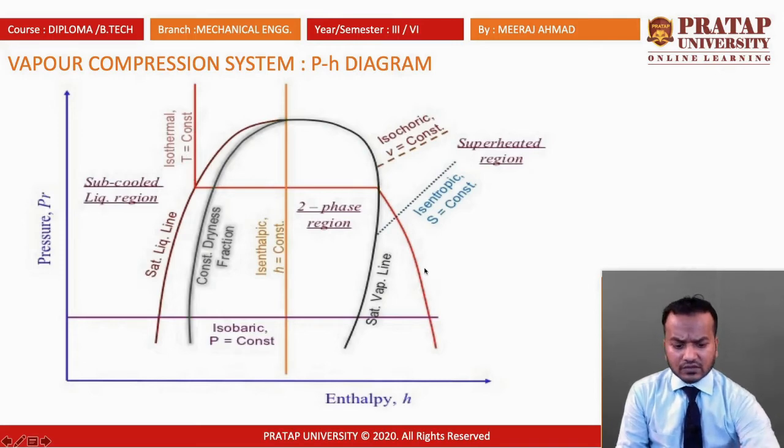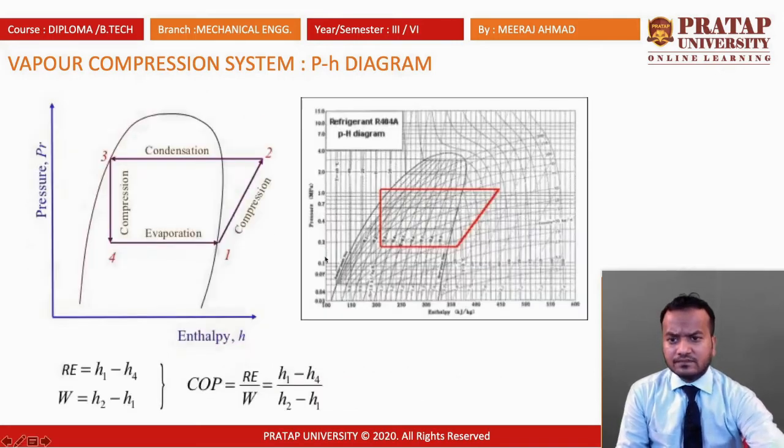So we can draw the PS diagram in a VC cycle like that. Here this is 1 to 2, a compression isentropic process. This is a constant pressure process, and this is where the enthalpy should be constant in the expansion valve. And 4 to 1 is a constant pressure process. So you can draw the PS diagram like that in a VC cycle.